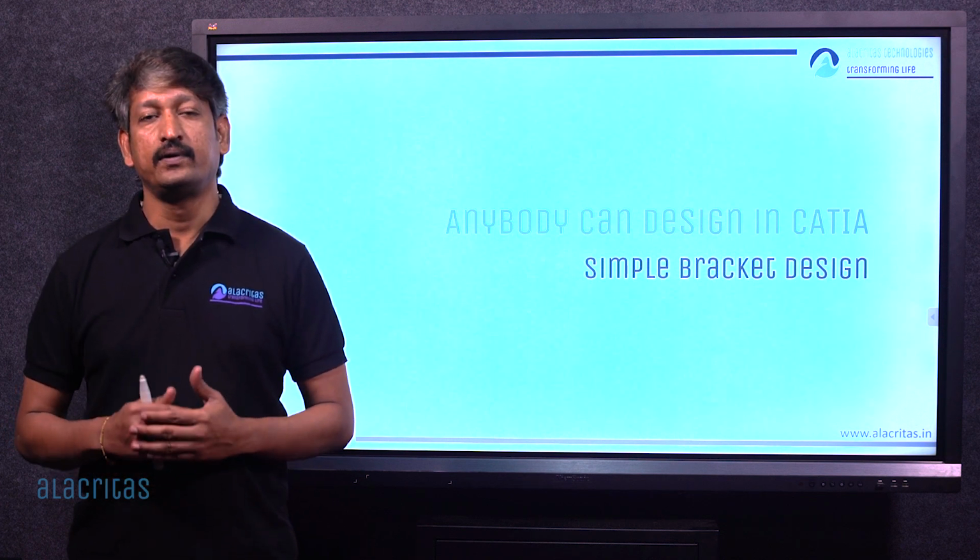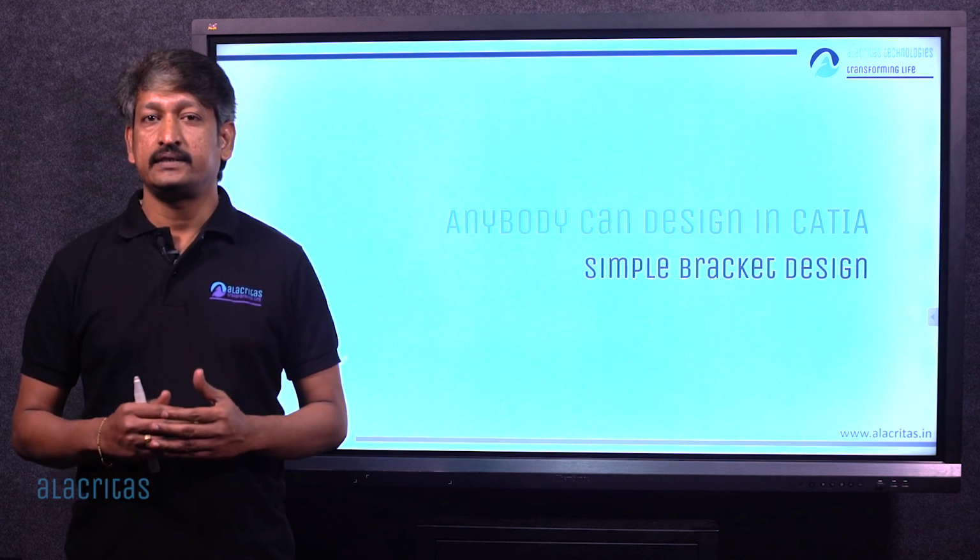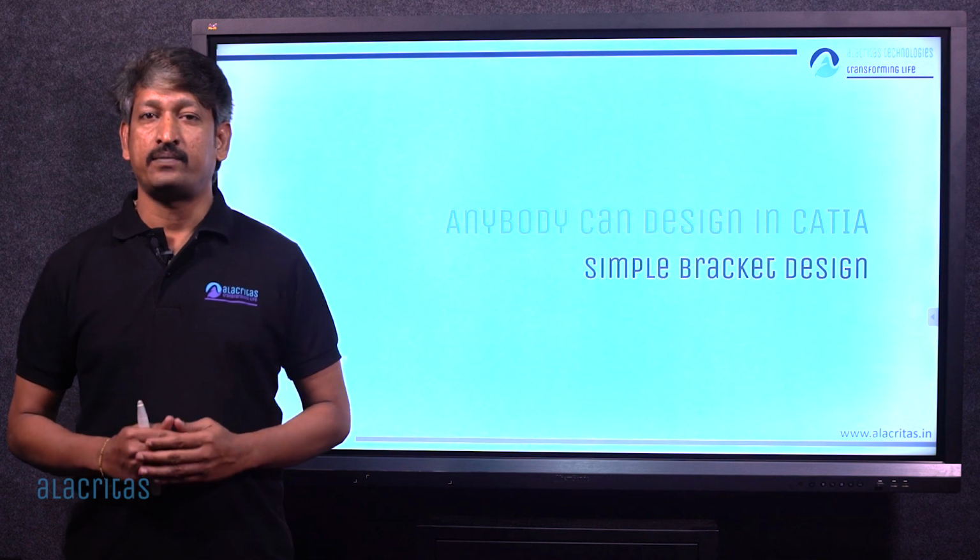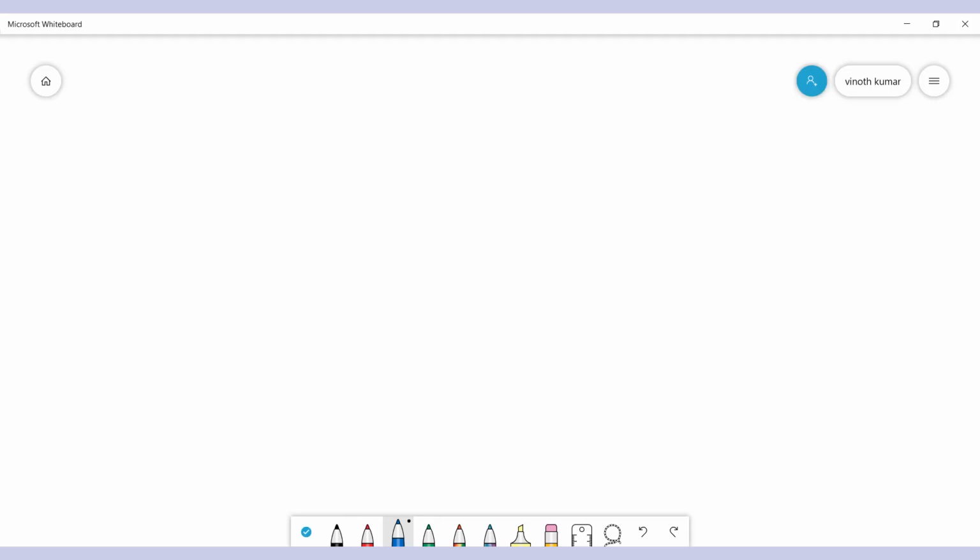In this session, you will be learning how to design simple brackets. Let's see them one by one. First, let's start with a simple L bracket. An L bracket looks